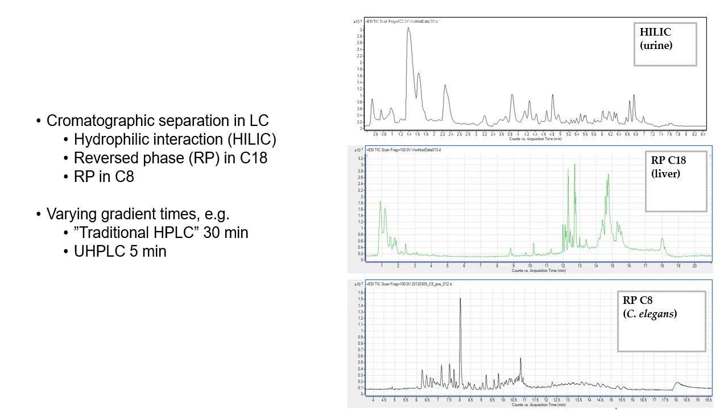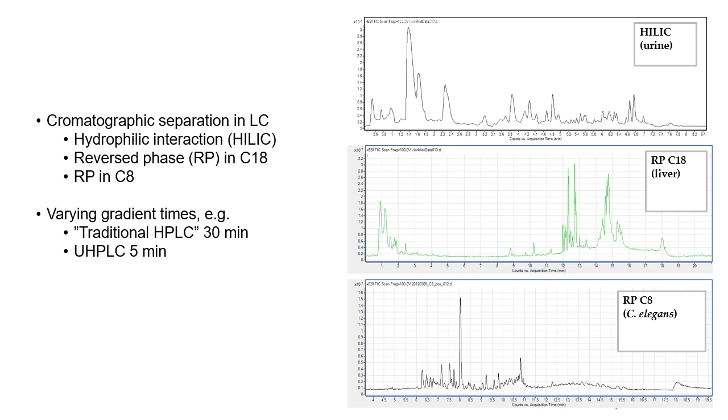So different columns. These columns have a very different stationary phase, so they bind very different compounds, and you can have a different portion of metabolites analyzed from your sample. So for example here, the one that is up is from a chromatographic method called hydrophilic interaction chromatography. So this is an analysis that is suitable for water-soluble compounds. So for example, samples in urine can be easily analyzed with this method, whereas then the two lower chromatograms are